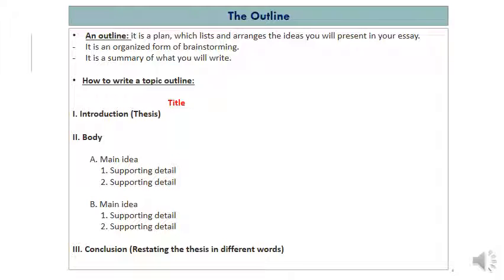Now, the most important thing before writing an essay, before developing our essay, is to write an outline. I will explain this again and again and again every time we take a writing lesson. I will tell you again that the outline is a plan. It's a plan. As if, for example, you woke up in the morning, you put a paper and a pencil,